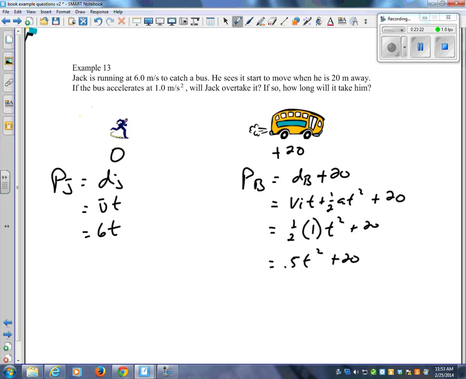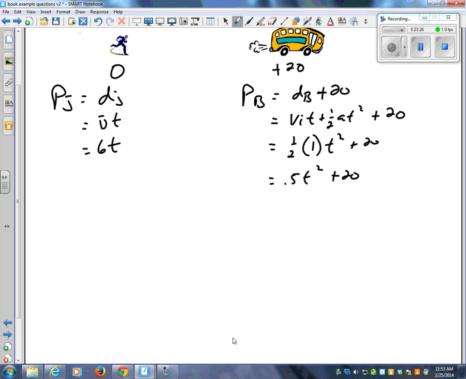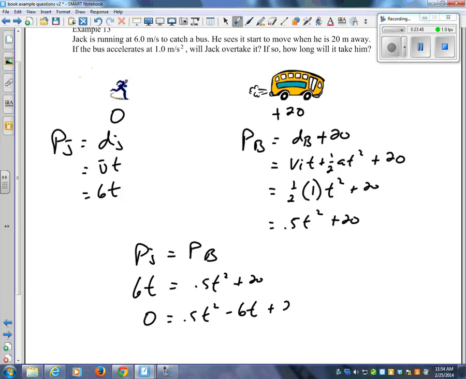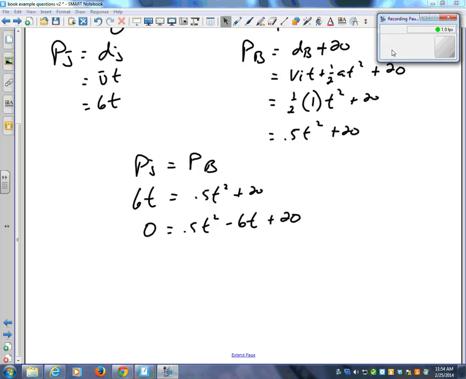When does Jack catch the bus? When the positions are the same, right? So position Jack is equal to position bus. 6t is equal to 0.5t squared plus 20. Quadratic formula: 0 equals 0.5t squared minus 6t plus 20. So I solve with the quadratic formula. t is equal to